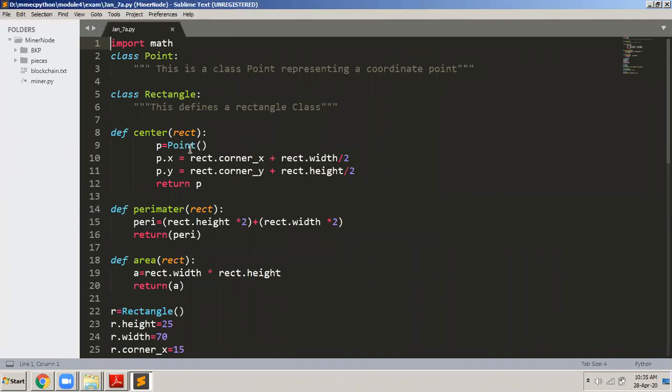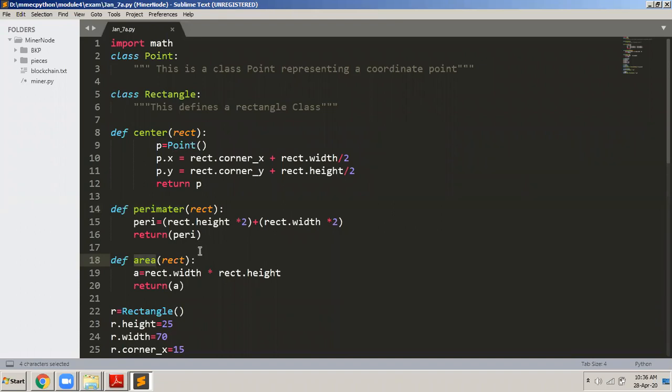Remember, Jan 7A. To find the area and perimeter of a rectangle, we first have to explain exactly how to pass back an object from a function, as a return type. So this is an example for that, which we have done in the last week. In detail we have done it. It's a very small program. Here we have defined 2 classes, a point class and a rectangle class. The center function will give you the center of the rectangle. Perimeter is another function which will give you the perimeter of the rectangle, which is nothing but the sum of all the sides. Area of a rectangle is another function.